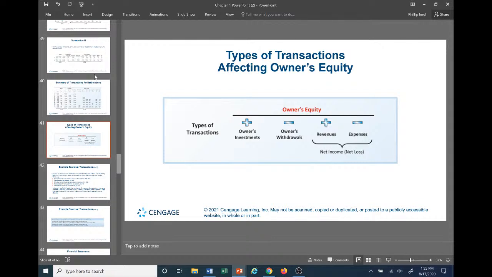Okay, now what about income statement accounts here? Meaning revenues and expenses. Revenues are going to increase owner's equity. Okay? Expenses are going to decrease owner's equity. And we can infer this from the information we looked through in the relevant transactions when we went through the revenues and expenses. So these are going to be the types of transactions that have a direct effect on owner's equity. Owner's investments increases it. Owner's withdrawals obviously decreases it. Revenues increases it. Expenses decreases it.